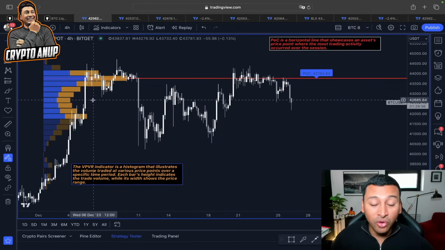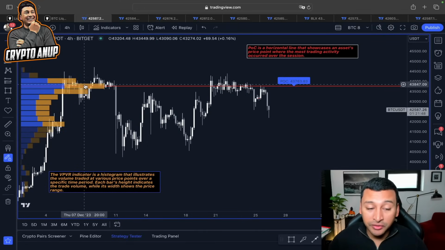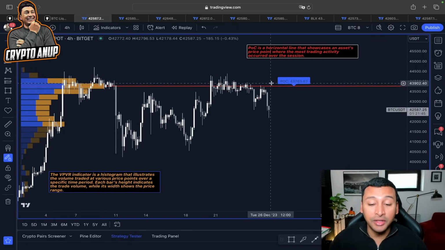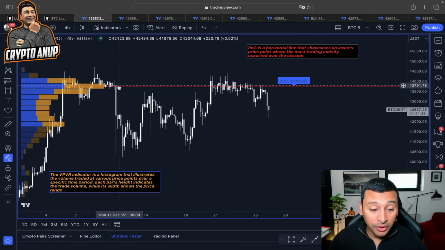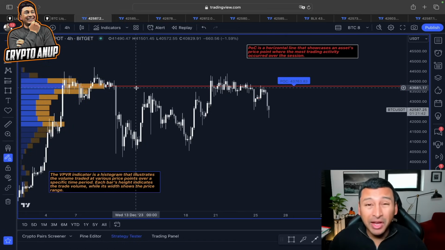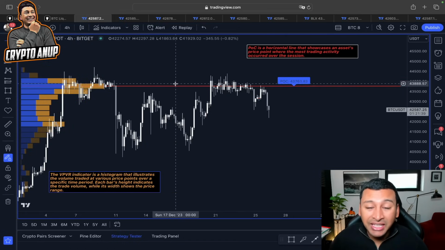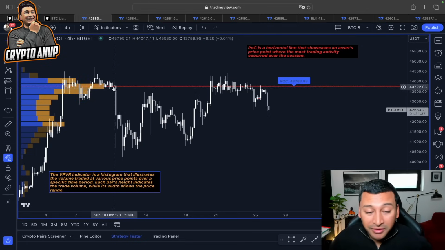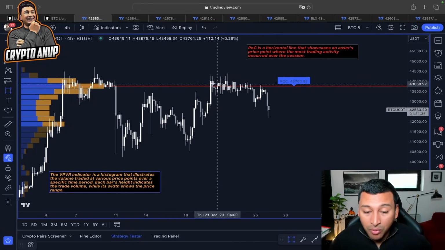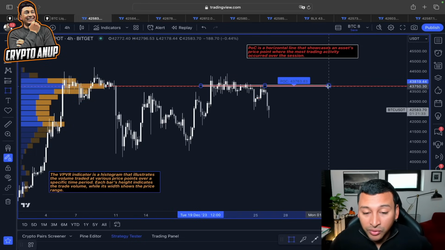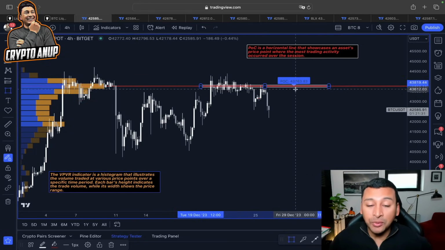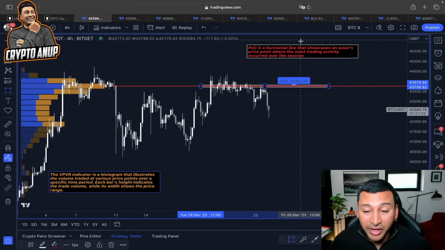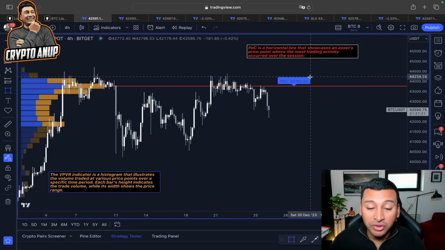Now, using this volume profile, what I want you guys to do is focus on this horizontal trend line, this point of control. This point of control is the area where most trading activity occurred. So this line is very important for us if we want to start a new uptrend, because we have to break the resistance. This area, or this volume zone, will definitely be looked at as an important line of resistance for Bitcoin if we want to continue our uptrend.